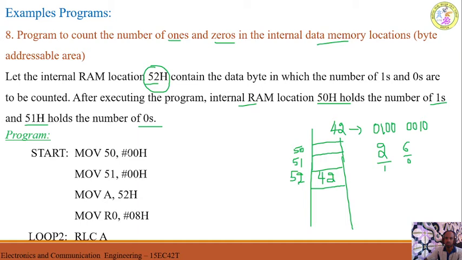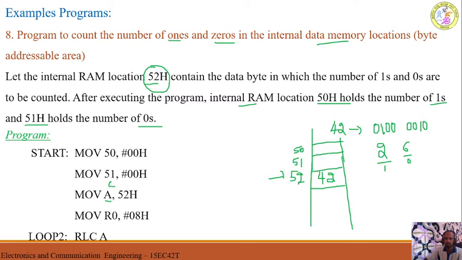Why am I adding immediate data 00 to the 50 and 51H memory locations? Because if any previous data is already available in these memory locations, since we have reserved 50 and 51 to store the result, initially I will make this equal to 0 and this equal to 0. And then MOV A, 52. Go to the 52 memory location, take the data 42, store it to the accumulator.